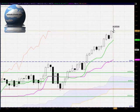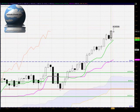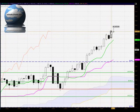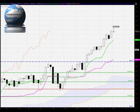Well, a continuation of the trend to the upside today, and a candle that's made a higher high and a higher low. Previous day's trading, another first time frame uptrend, a very bullish candle, a candle with a very large white body where the market opened at the low and closed at the high, denoting the buyers closing with very